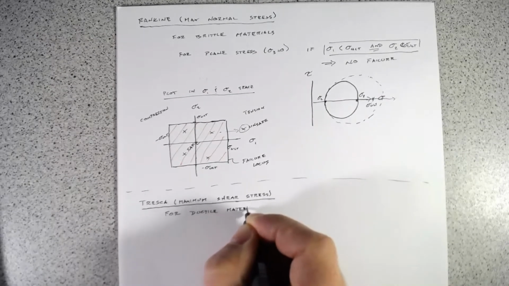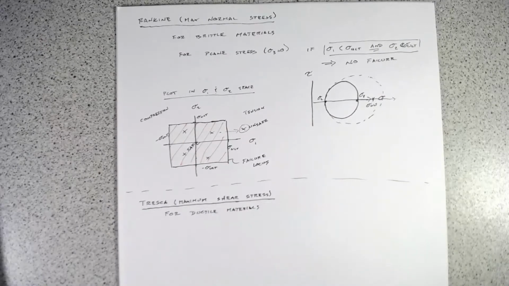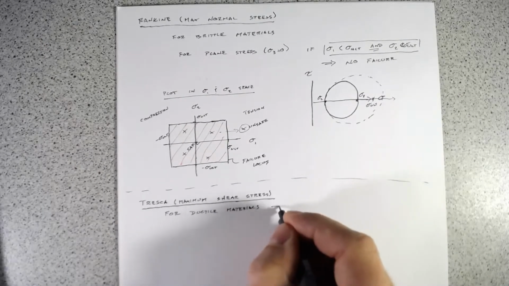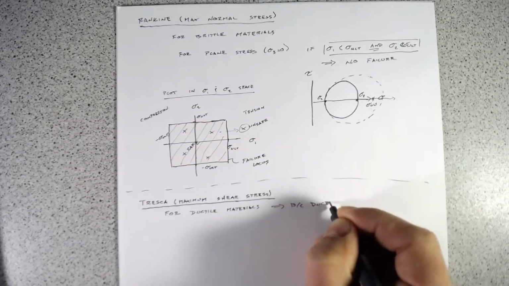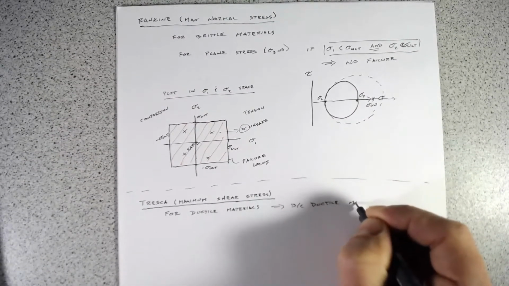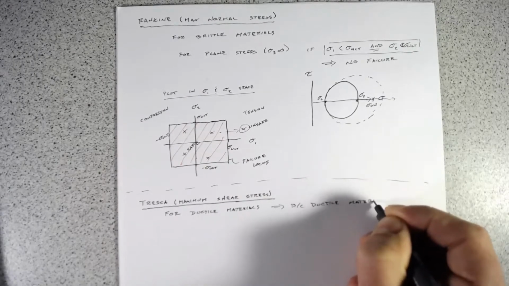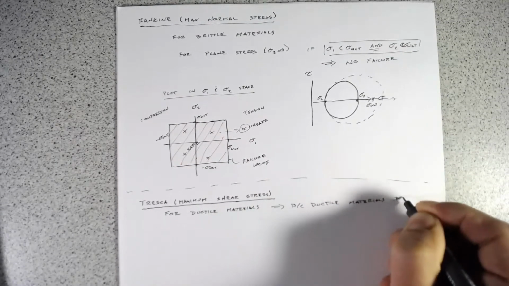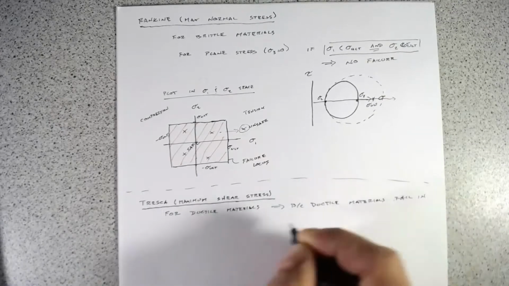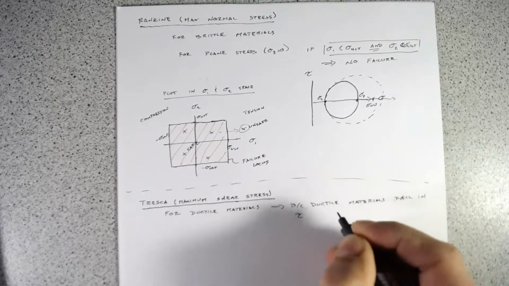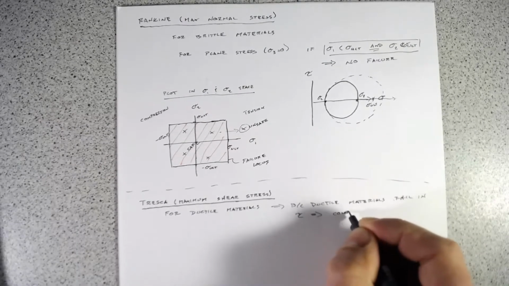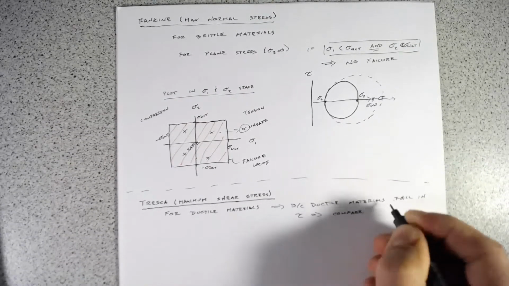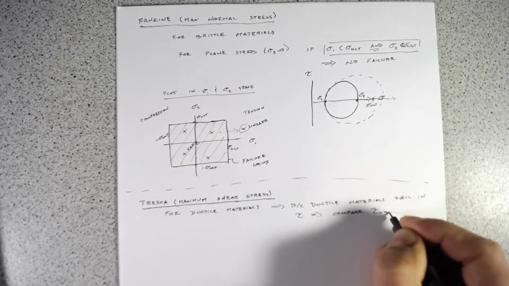And so, because ductile materials fail in shear stress, we want to compare tau max to